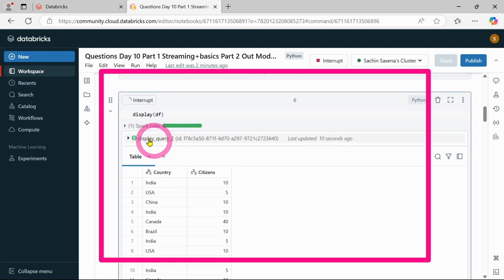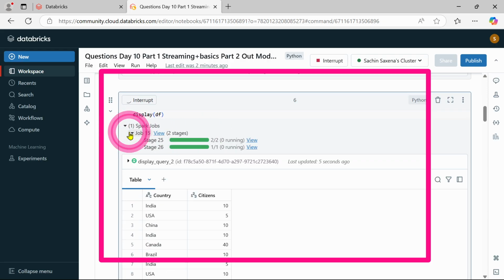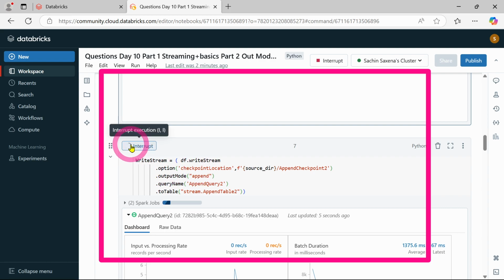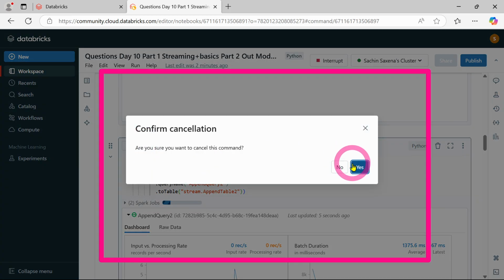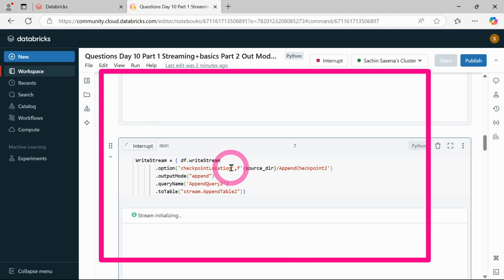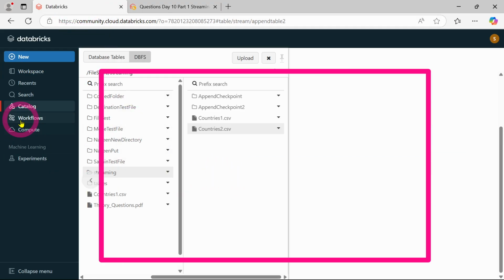Okay, now if you want to display the Spark jobs, you can see now we have 15 jobs, stage 25, and 1 of 1, 2 of 2 is running. Okay, so both are running. Now let's interrupt this and just write this stream again. I'm going to write this in a SQL query. Now this is again showing here. Now go back to my